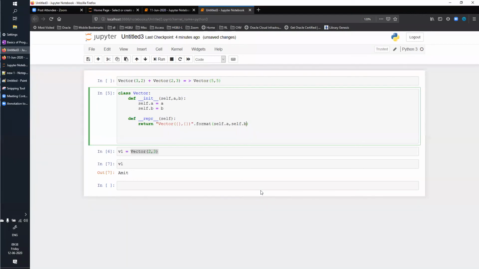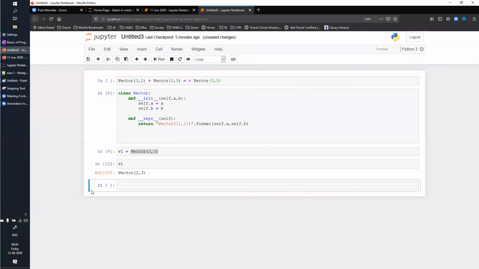So what I'm saying here is, whenever I want to print v1, represent it in this format, as in it will be Vector, then there will be brackets, and here you will pass the a value, and then here you will pass the b value. These are placeholders, right? If you remember from our initial classes, the dot format function, this is how it works, right? Now if you run this, see, Vector(2,3).